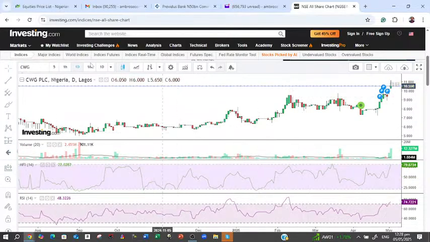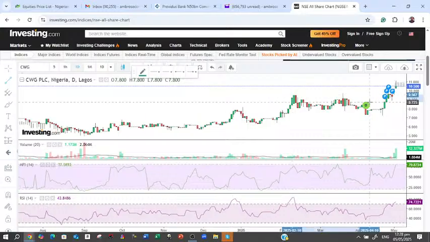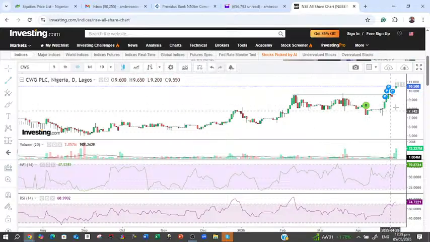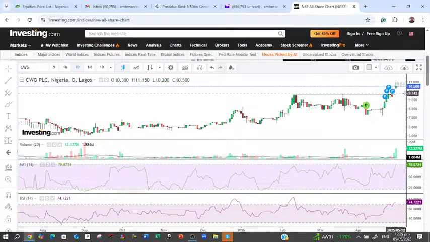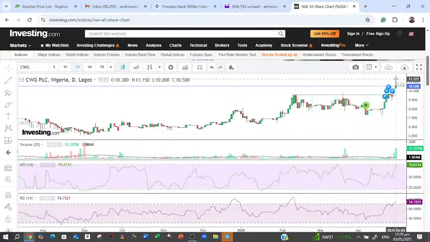If you look at CWG, you now pay attention to see where the company is standing. You can see that this is where the peak of the company was before, in terms of price performance. If you draw this line here, I see that here is the peak. But as of today, I see that it has broken out to where it is now. It tested 11:15 this morning. Now you can see it's telling us that it's doing a 10:50, which means profit taking. And when you see a stock that is trending up, and sellers come and put it down, it's also a sign of weakness until tomorrow confirms, or the market closes that way, whether it will go up.